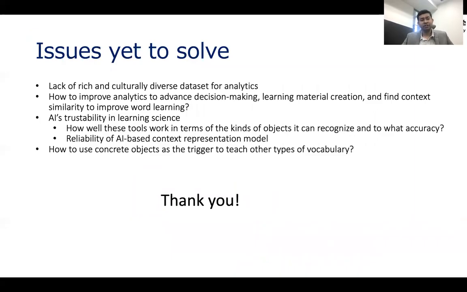However, there are several limitations of this research that are yet to be solved, and of course, we would like to solve them in the future. One of them is that, at this point, we're using image-based analytics AI. However, from the viewpoint of language learning science, there could be several questions that we could face. For example, the reliability of the AI, particularly for the description of the context. Also, the accuracy of the AI in terms of detecting objects. These are the issues that we could face from the viewpoint of language